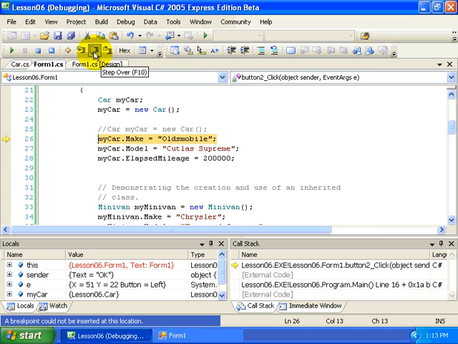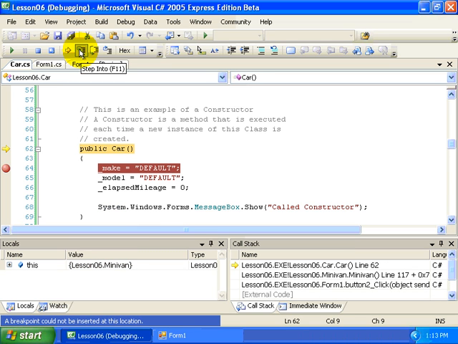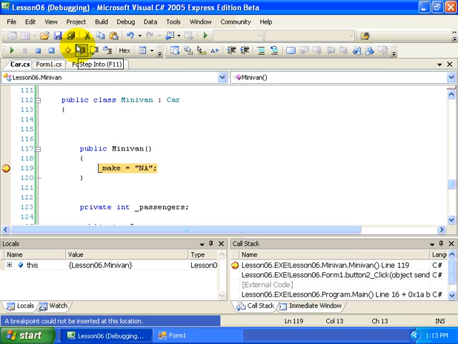And in fact, let's just step out of that and then step over all these lines of code. Now let's step into this line and notice that the first thing it does is that it calls the minivan constructor, just like we wanted. But then the next thing that it does is that it calls the car constructor. It's again because we're deriving our minivan from the car class. It sets all of these, shows our little constructor, and as we continue through, then and only then will it execute the rest of the code within its constructor,